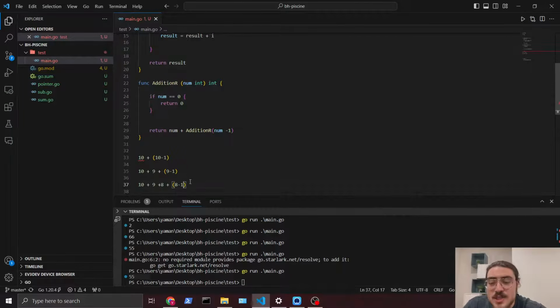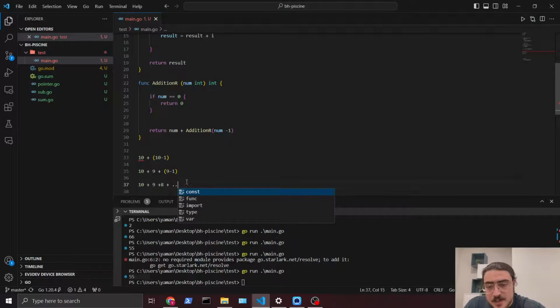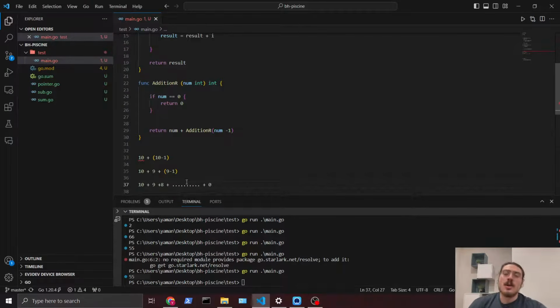Imagine when I reach 0, it will say if this is 0, okay, return 0. So finally after I'm done with all of this رح يجي ويقول لك 0 وما عاد في function. So that's how you do recursion. Recursion is calling the same function inside of itself, so it can repeat while it's doing something for you.